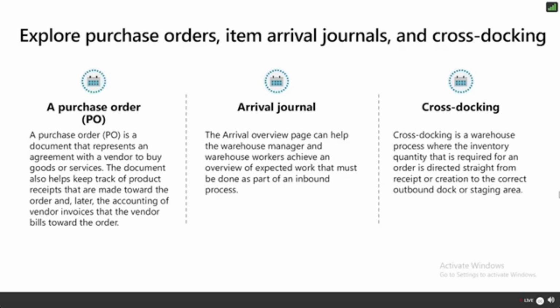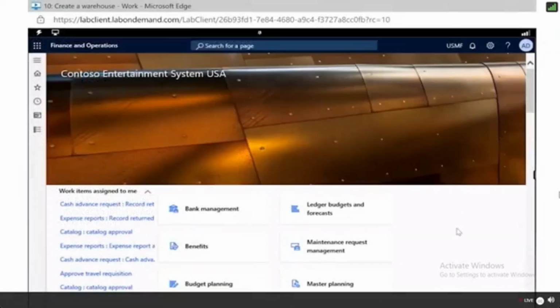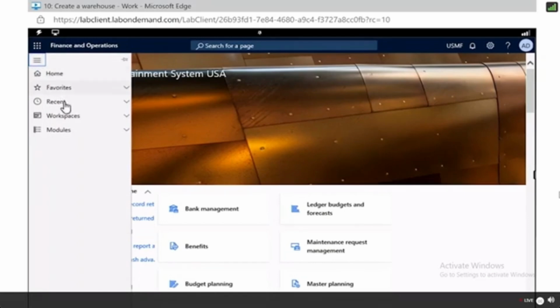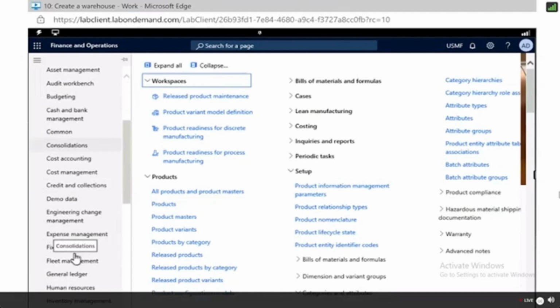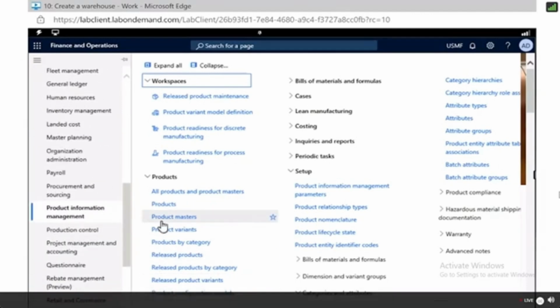But I promised you earlier that we're going to create a purchase order, so let's go ahead and log into the system now. Okay, so we are still inside of our lab environment. You can see I'm still in my Contoso Entertainment Systems, also as the USMF. And just a reminder, this is inside of that learning path. But to create a purchase order, that's going to be underneath my modules. So I'll come to the navigation bar, drop down underneath modules, and purchase orders live under